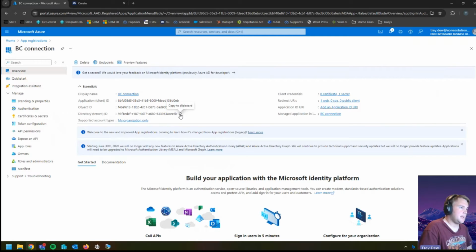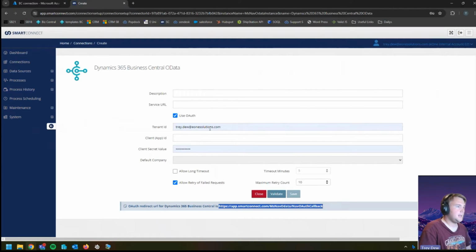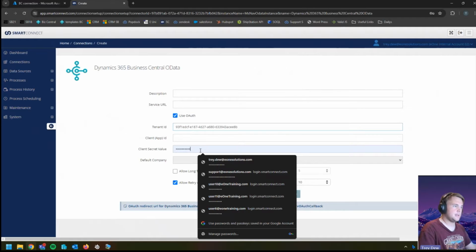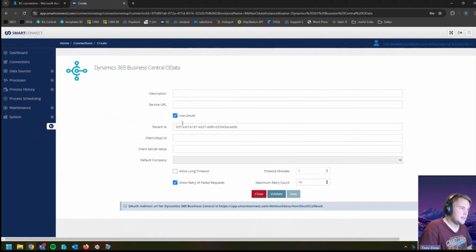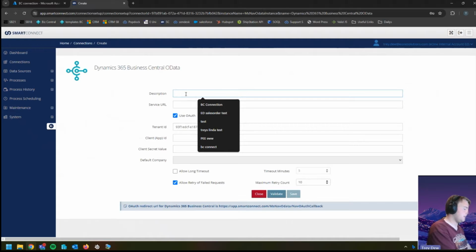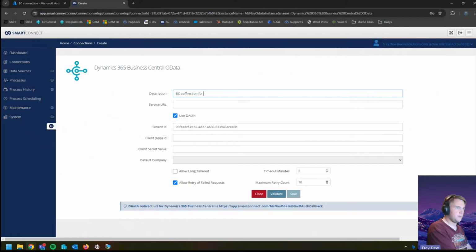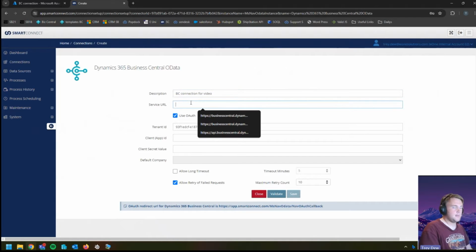First, let's grab this tenant ID. It did automatically fill in some of these, but that's not correct. Tenant ID will be this one right here, but let's fill in these top two right now. I'll just call this a pretty simple BC connection for video. And then service URL, this will actually be the API Business Central Dynamics thing